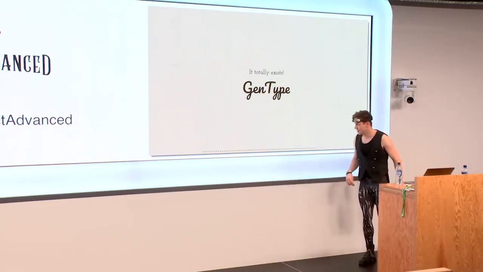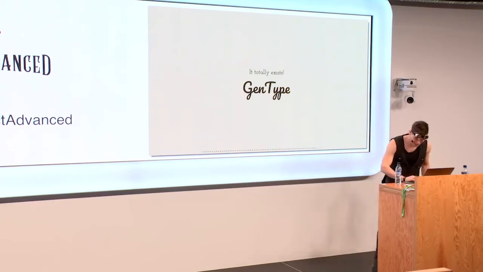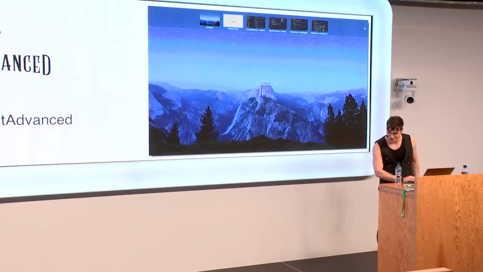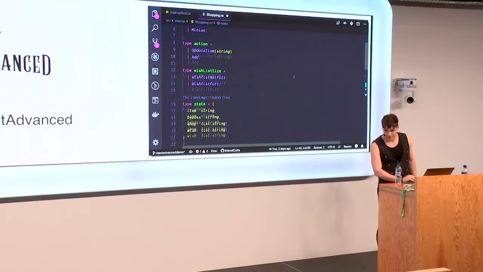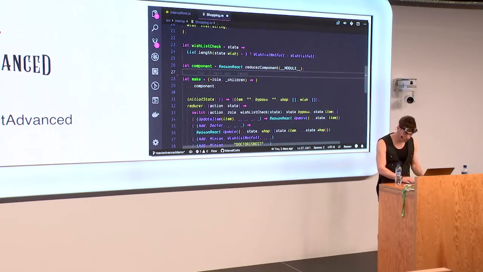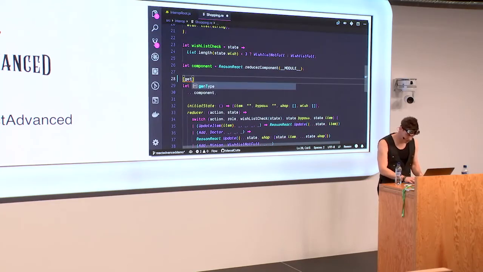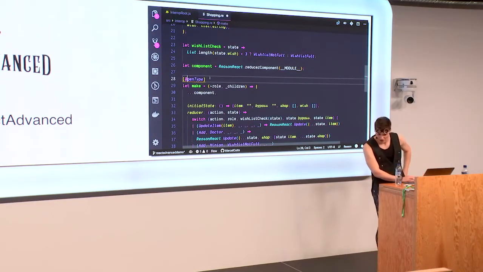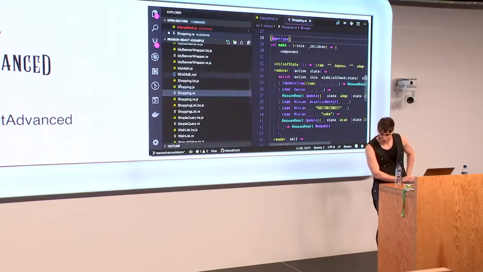This is somewhat beta, but we'll quickly go back to the example and show you that now when you want to put this component into JavaScript, you don't have to write your own bindings at all. You just stick the words gentype on top, or add gentype even. Ooh, I never do live demos. Why do I do that? I make poor choices in life. And what happens then is you get this